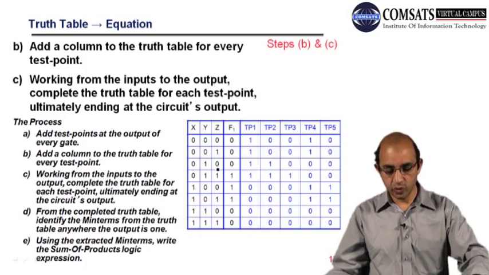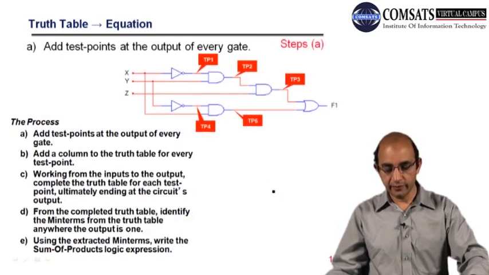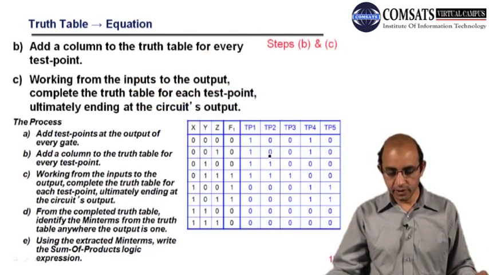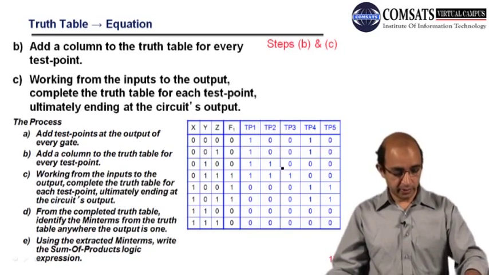So we have 1, 1, 1, 1, all others are 0. Then if we look at test point 3, this is TP2 and Z, they are ANDed. Here TP2 and Z, we are looking for 1, so this is the only one that we will be having,